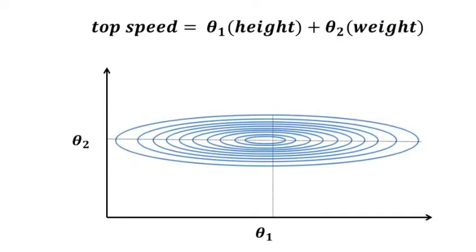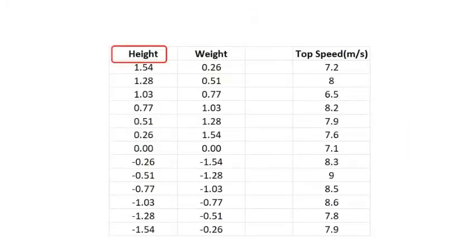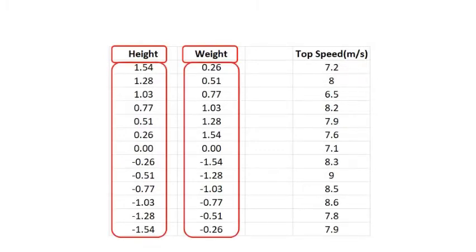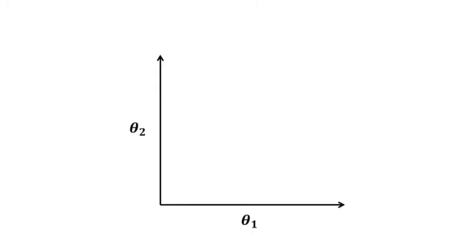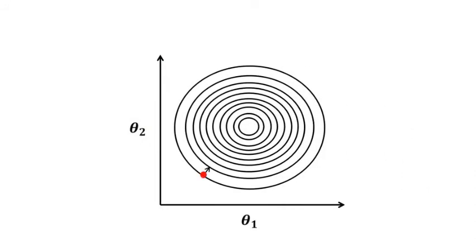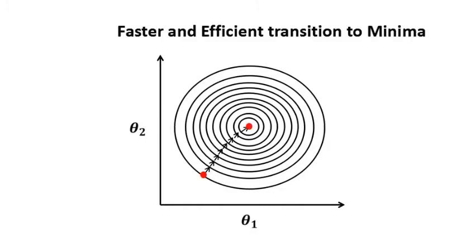If we start implementing gradient descent on this problem, we shall see it inefficiently oscillates around the minimum, particularly when it is closer to it. This makes gradient descent inefficient and slow. On the other hand, if we had something like this, where height and weight are in similar magnitude, through a process called standardization, we can have a cost function like this, which can smoothly descend to minima, which makes it faster and efficient.